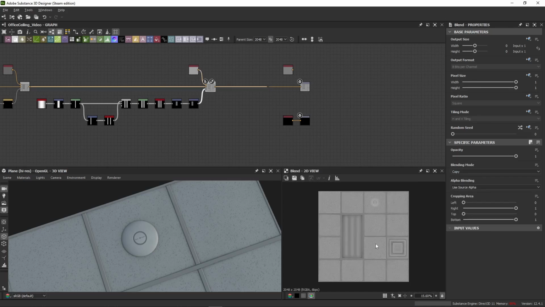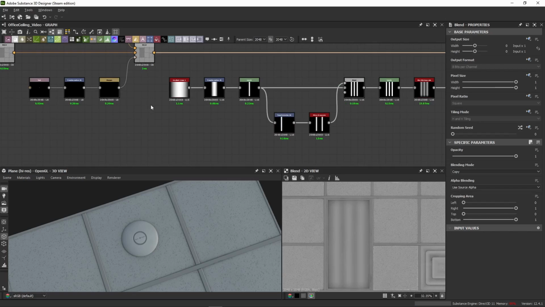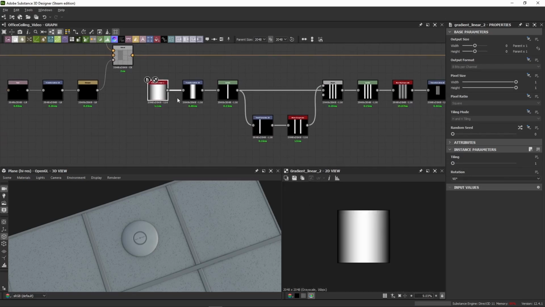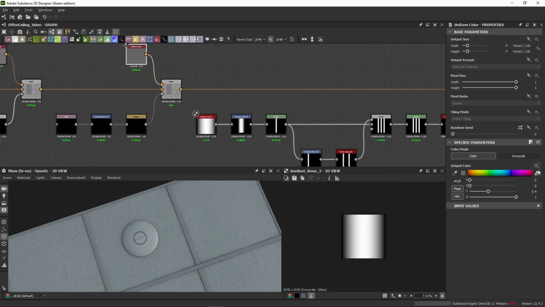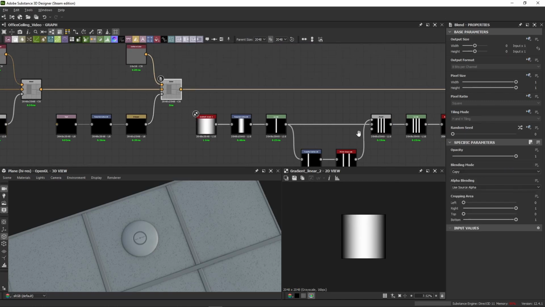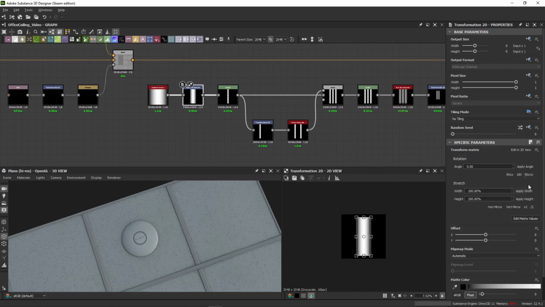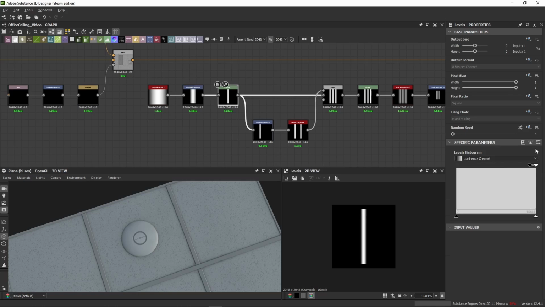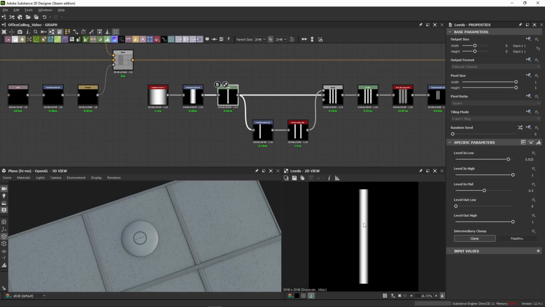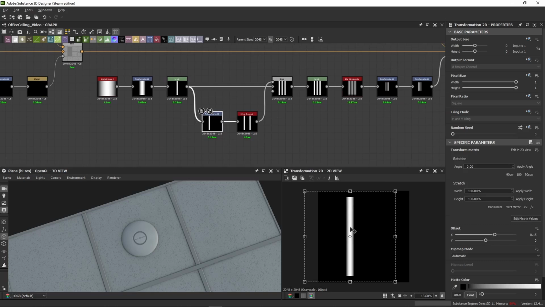So now if we look here, you can see that I added 3 bars. Pretty simple, just played around. I started here with a gradient linear 2. Also, by the way, I don't know if I showed this color here. And this is set to copy. We have a gradient linear 2. I used the transform 2D to kind of squish it, play around with it. Then I used the levels here to tighten up the bar. Then I did a transform 2D at the bottom